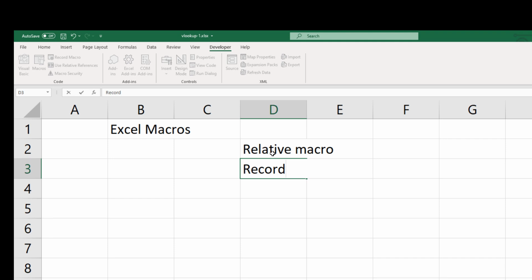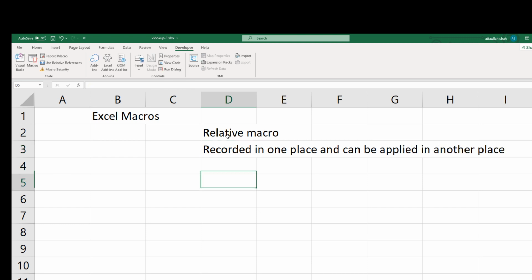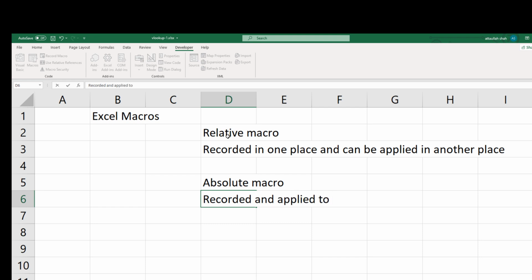There is another type of macro, absolute macro, which is recorded and applied in the same place, to the same cell reference or location. So if we have taken some steps in cell A1 and recorded them and we want to apply those steps again, the application will be again in the same cell.